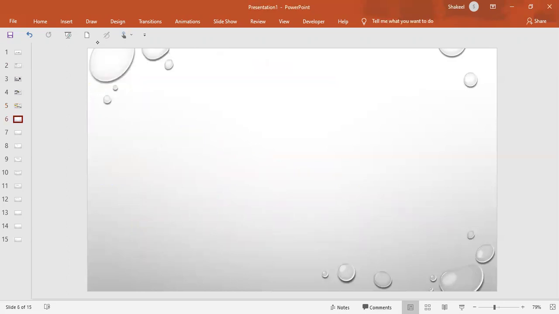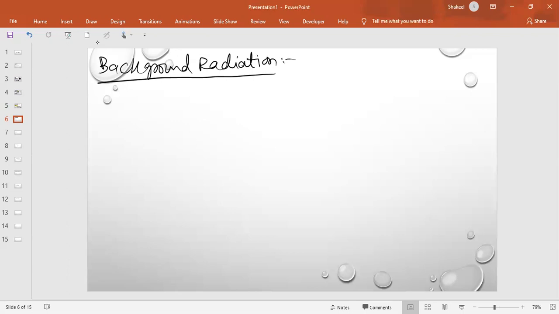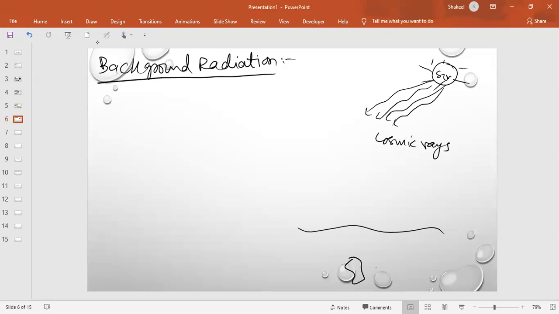Next, we have to look upon background radiation. Okay, so what is the background radiation concept? Background radiations are actually the radiations present in the atmosphere due to sources which are not visible in the atmosphere. Let's say this is the sun. So some cosmic rays coming from the sun or from outer space, and then some underground radioactive sources,